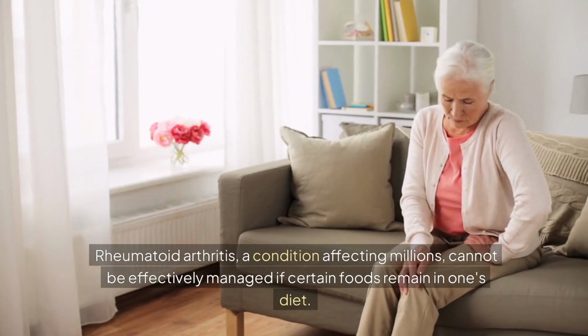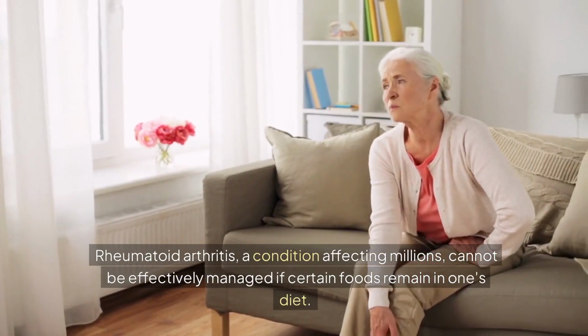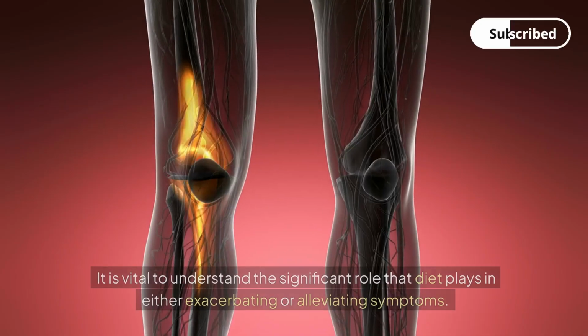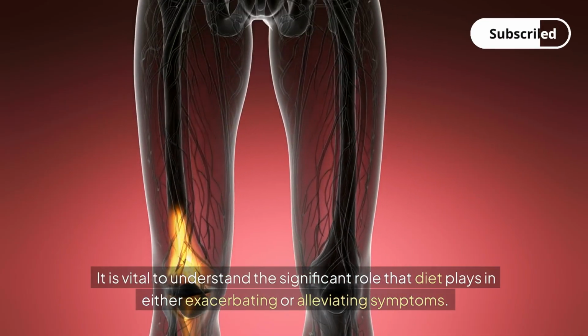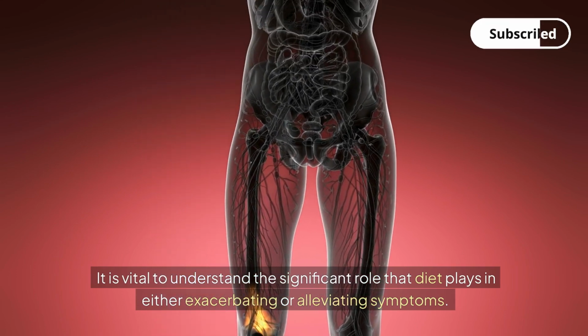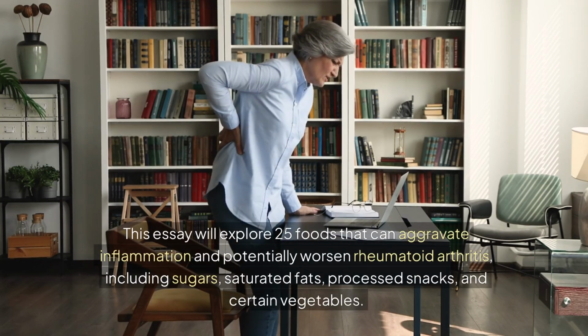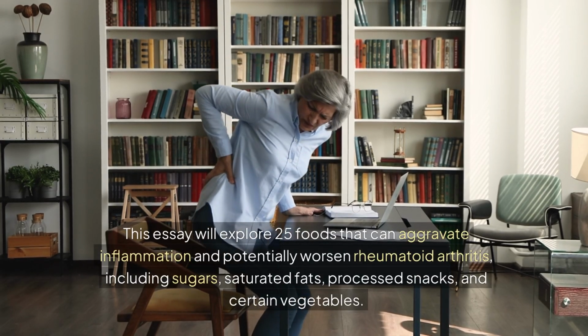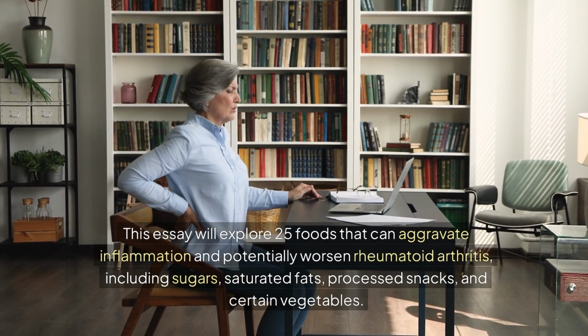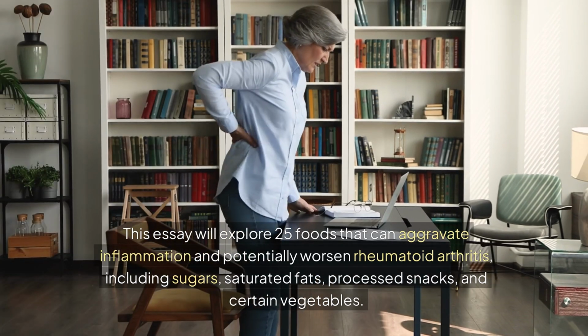Rheumatoid arthritis, a condition affecting millions, cannot be effectively managed if certain foods remain in one's diet. It is vital to understand the significant role that diet plays in either exacerbating or alleviating symptoms. This essay will explore 25 foods that can aggravate inflammation and potentially worsen rheumatoid arthritis, including sugars, saturated fats, processed